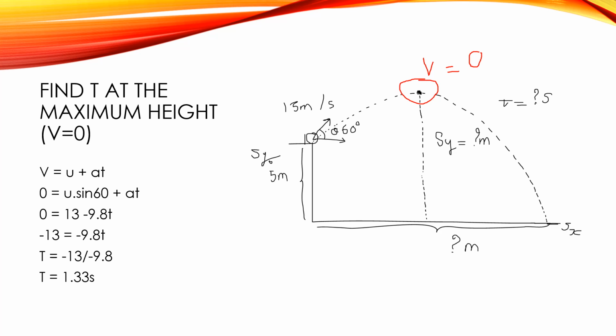We can apply an equation for this. I use v equals u plus at. So the u here I am using is the uy, because I'm looking at the vertical component. So the uy will equal u times sine theta, as I write here. So I have v equals 0 here, and the uy here, the acceleration due to gravity will be equal to 9.8,